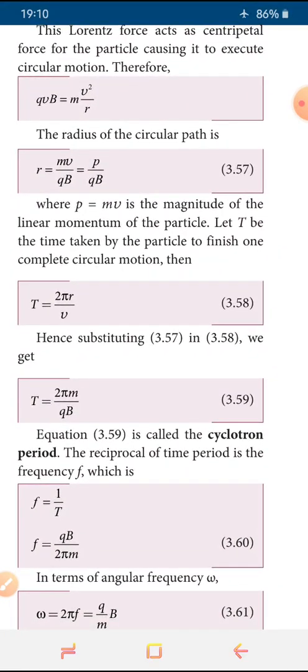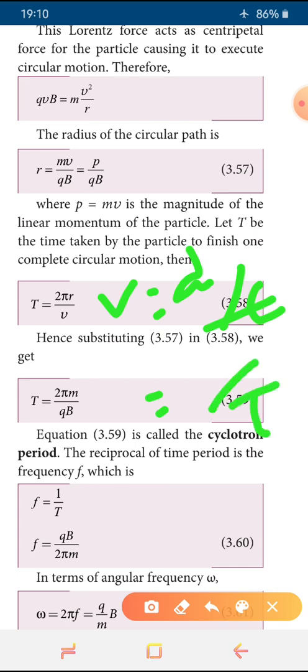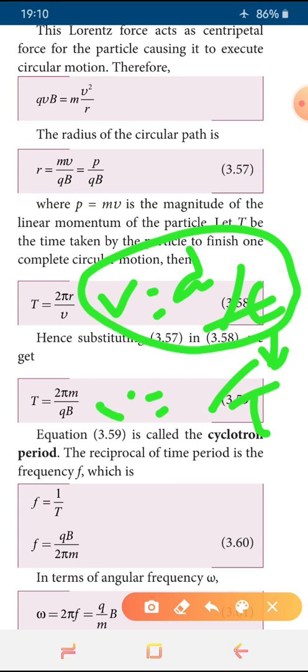And now we are taking the time T, the time taken by the particle to complete one complete circular motion. So here we use the velocity formula: v is equal to what? Displacement by time taken. One complete revolution means the time taken is capital T here. This is the basic formula, no? v is equal to d by t. Then d is what? Displacement. It covers one complete circle, so we can write the circumference of the circular motion, 2 pi r. So v is equal to 2 pi r divided by T.